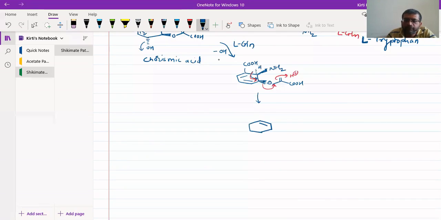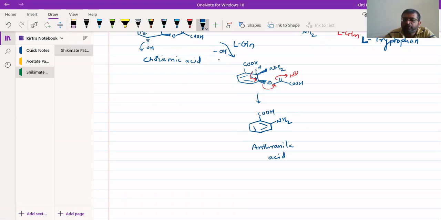After loss of pyruvic acid, we will have COOH group over here, and here we will have an NH2, and other things all remain as they are. So we have got anthranilic acid here,